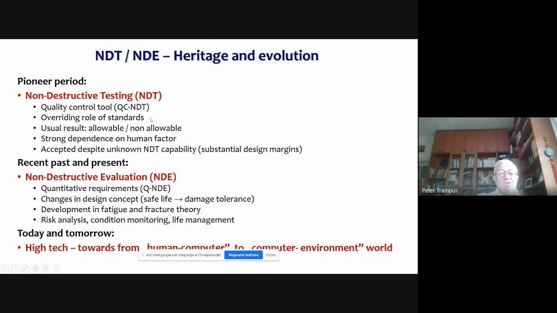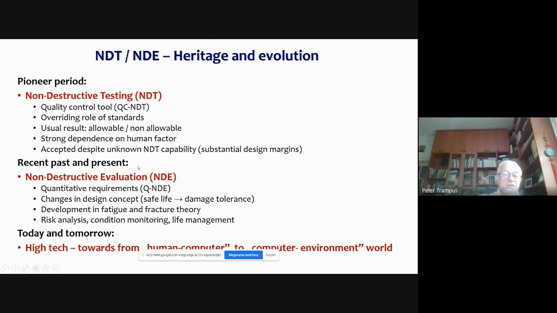The overriding role of the standards was typical. The usual results were allowable, not allowable. And there was a very strong dependence on the human factor, and even these weaknesses were accepted because there were substantial design margins.